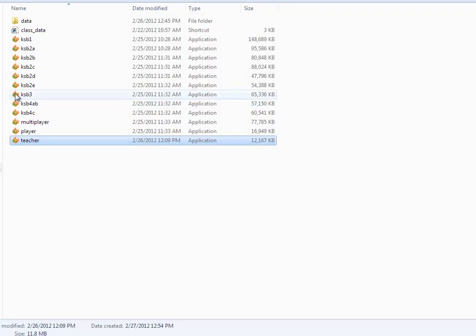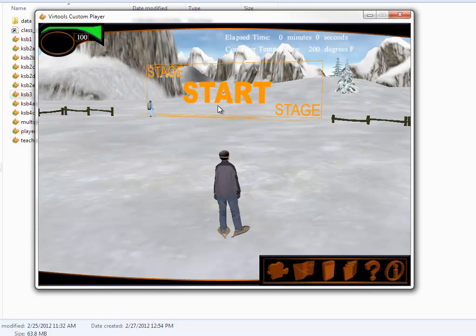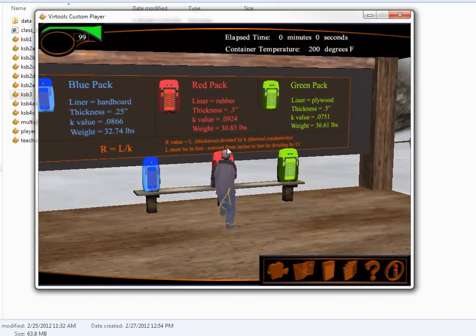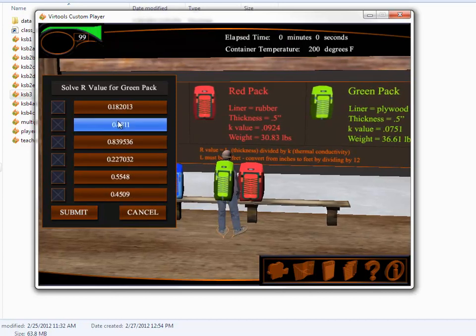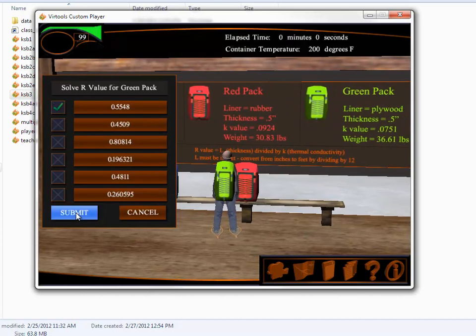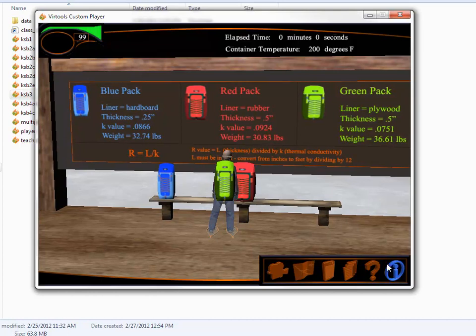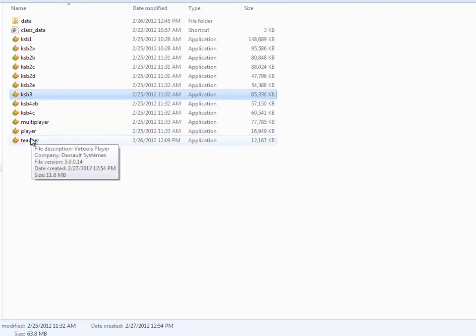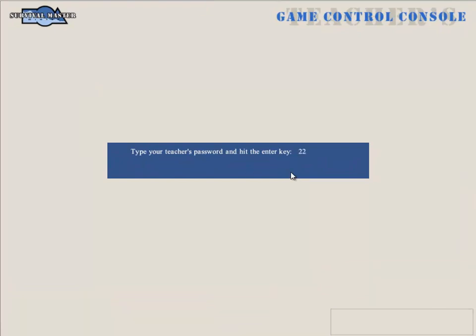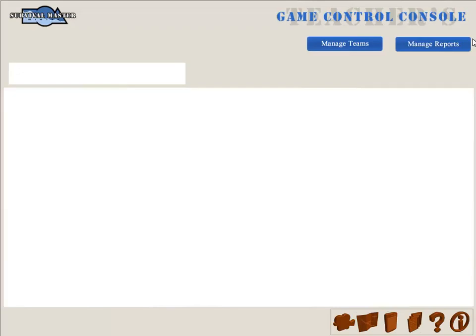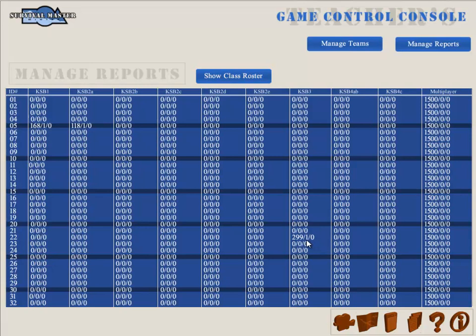Let's say that I opened up KSB3 and I happen to be player 22. So I'm going to come over here and solve for a pack. Okay, so I'm going to save and open up the Teacher's Console again. Whoops, not yet. 99701. And manage reports, and now I can see, sure enough, for player 22 that data was saved over here for KSB3. Meanwhile, the data is intact from KSB1 and 2A for player 5,